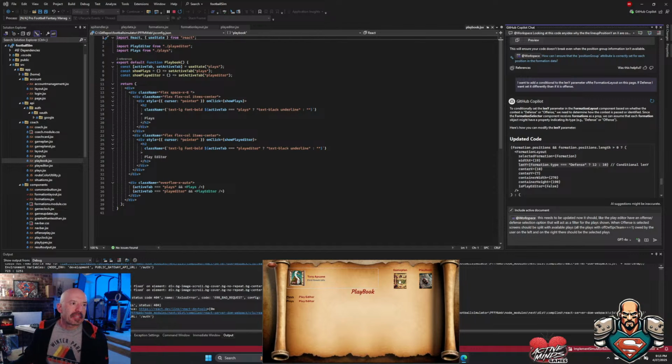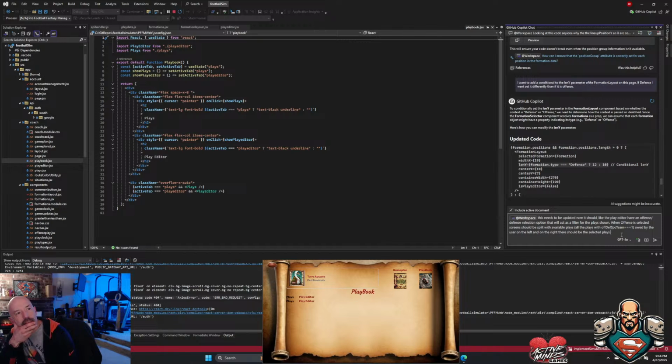This is the game plan. This is the playbook. This is the plays and play editor. Okay, so let's continue on. This needs to be updated now. It should, like the play editor, have an offense-defense selection option that will act as a filter for the plays shown. When offense is selected,